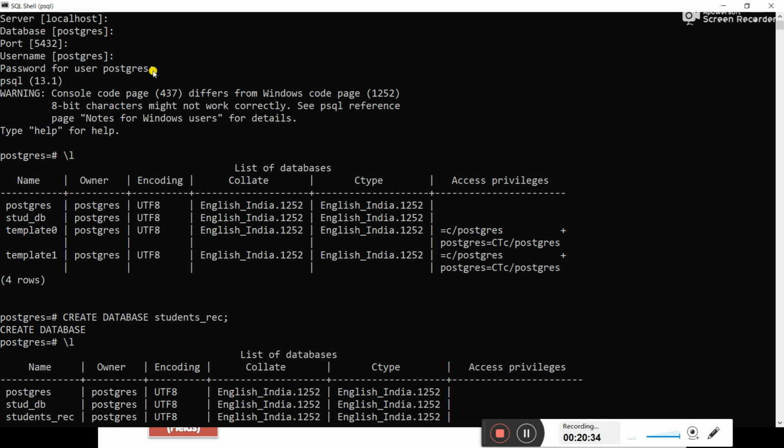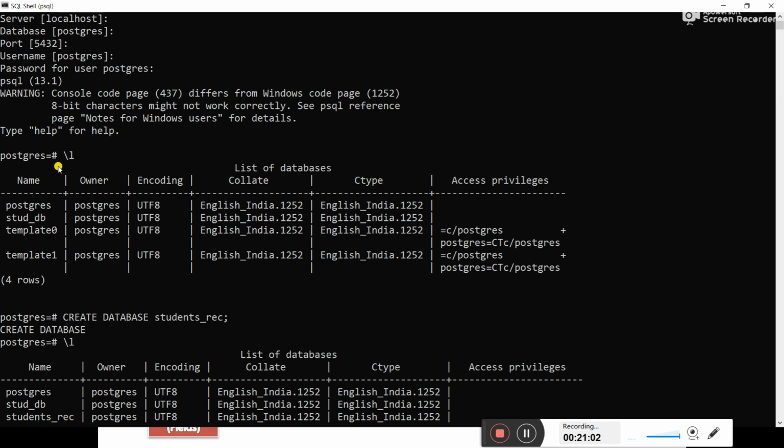The password is the same as the one you set during installation. After typing the password, press enter. You will get a warning and a text message, type help for help, and you will get Postgres equals hash. This statement means you are in the Postgres database by default.